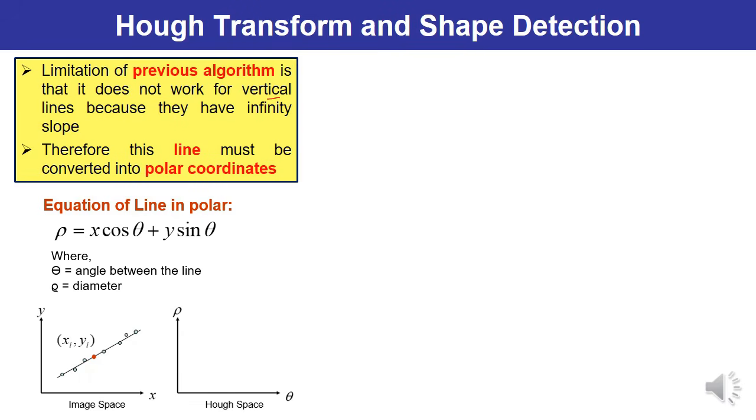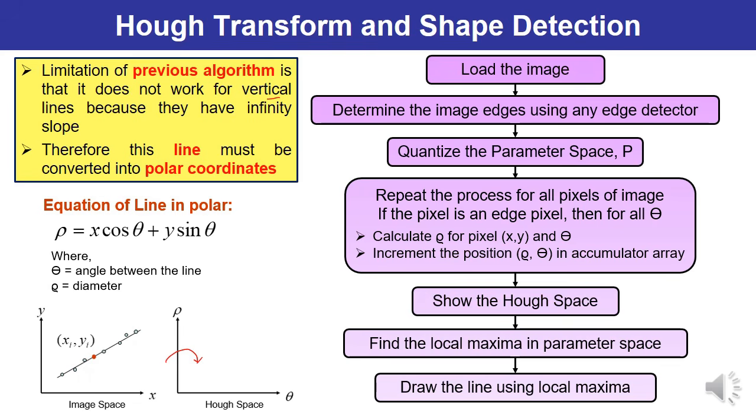First is the case with the image space. In the xy plane, a line is being drawn, but in the case of vertical lines, you have to convert it into the polar plane, polar coordinates. Now, on the horizontal axis, the angle is being taken, while on the vertical axis, the diameter is being taken. It means, what is the modified Hough transform for the polar coordinate line? You can understand with this diagram.